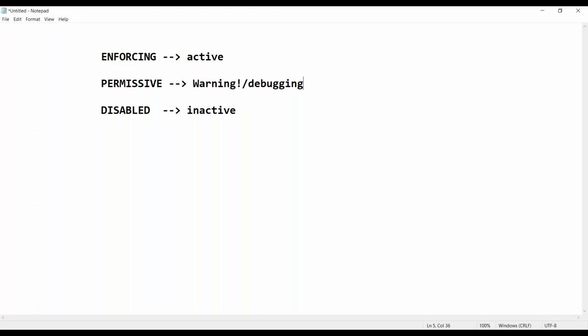Why should I not go for disable directly? Why go into permissive? I'll directly go into disable mode, fix the issue, and come back. Possible. You can go into disable mode, repair the thing, and come back. But the problem is, whenever you want to go from enforcing to disable or permissive to disable, remember a point,